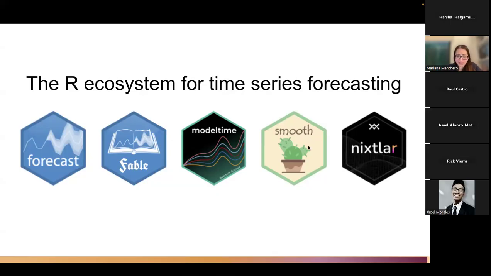And the smooth package is also one that I really like, especially because it has an implementation of complex exponential smoothing. That is a statistical method that is also available in StatsForecast. And I also really like the forecData package. It has several implementations of the data model. Sadly, I don't think they have a hex logo, but as I said, R has a very strong ecosystem for time series forecasting. And well, to my knowledge, the only package for foundation models is Nixtla. I hope that changes soon, but at least Nixtla is available